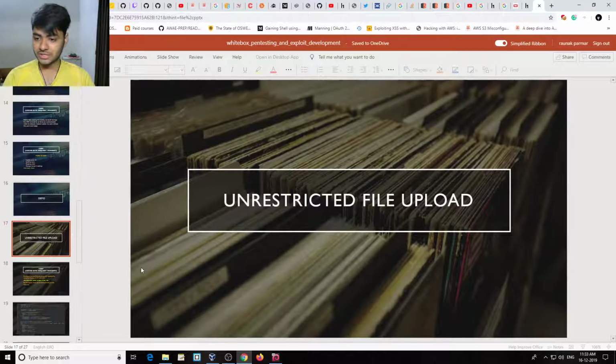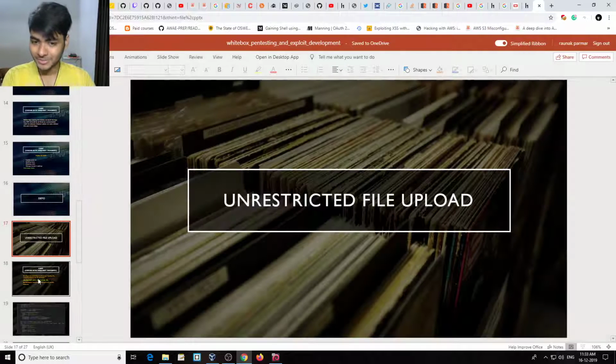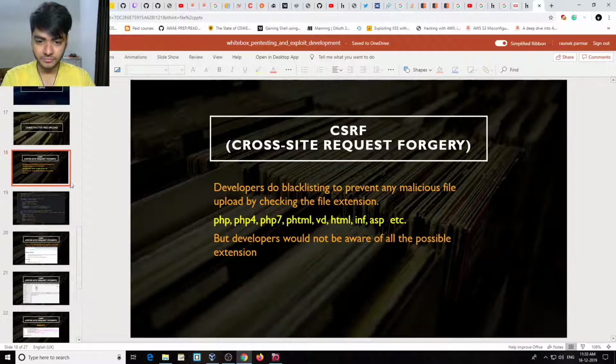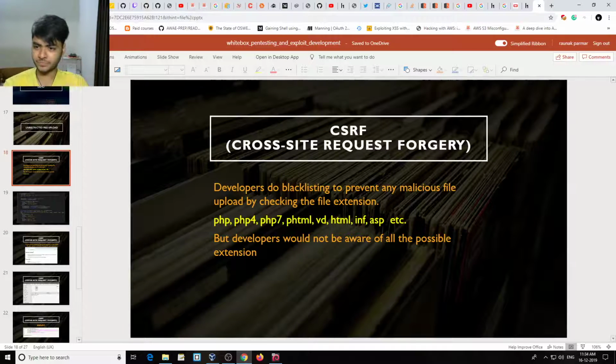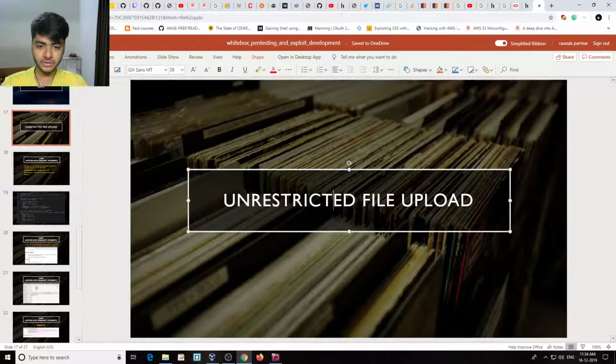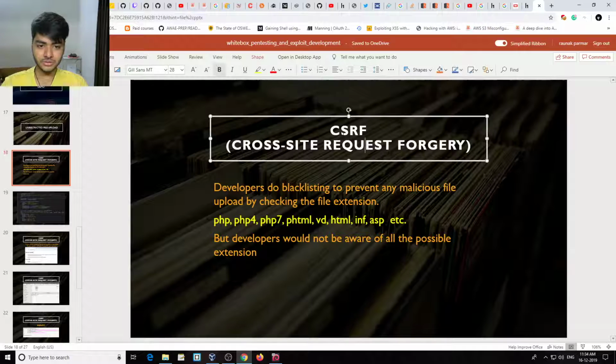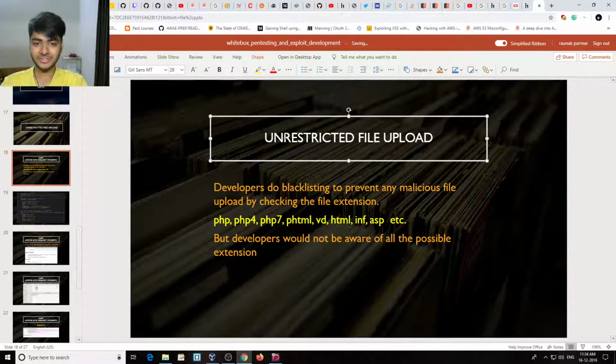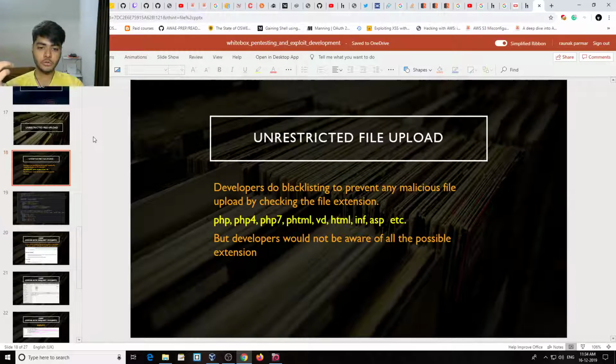I didn't even show you the slides also. Yeah, so let me just explain this one also. CSRF, what's that? Okay, it's not right. Unrestricted file upload. Now it's right. So developers do blacklisting to prevent any malicious file upload